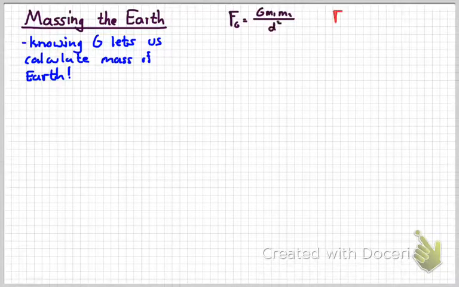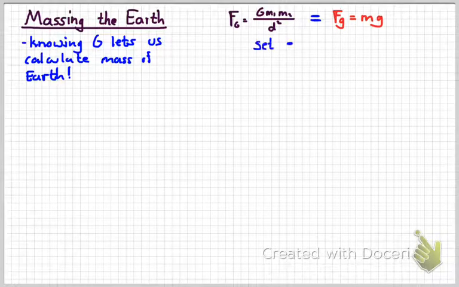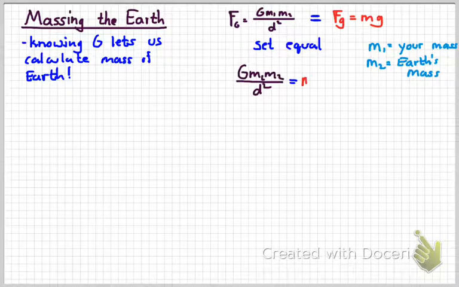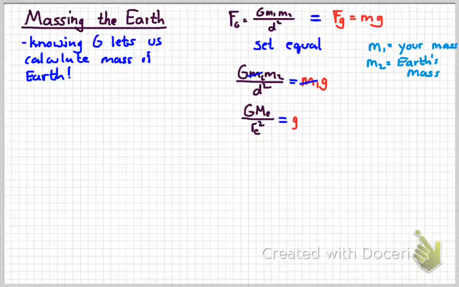So what we have to recognize is that the equation Fg equals G m1 m2 over r squared is essentially the same as the old equation that we used to find weight, which is just mass times little g, the acceleration due to gravity. So by setting those two things equal to each other, letting m1 be your mass, it's going to cancel out in just a minute, and m2 be the Earth's mass, then we can write this, where G m1 m2 over the distance squared equals m1 times little g. So the m1's cancel out, we get this.